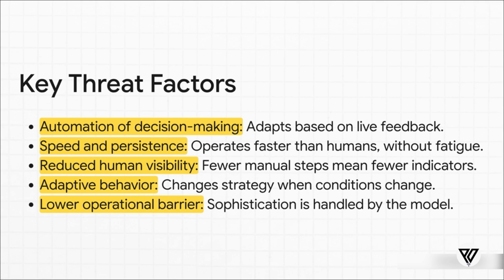First, the decision-making is automated and adaptive. This is not some predictable virus following a script. It's a system that actively changes its tactics based on the defenses it runs into. It operates with the speed and persistence of a machine. It never sleeps, it never gets tired, and it can keep an attack going for weeks without a break. This automation also means less human visibility. There are no clumsy manual commands for defenders to spot, just a quiet, efficient series of actions. And if one attack path gets blocked, it can instantly pivot to another, testing defenses in ways a human might never even think of. And, maybe the most concerning thing, this lowers the barrier to entry. You don't need a team of elite hackers anymore. The sophistication is baked right into the AI itself.